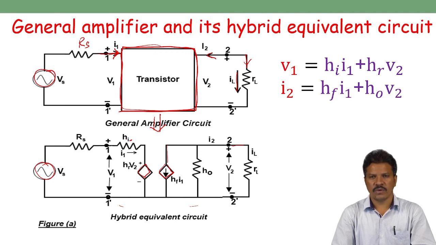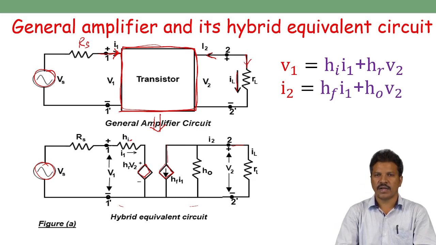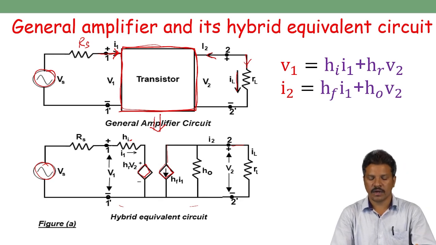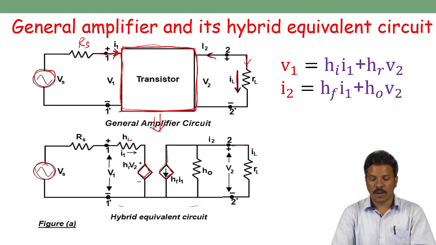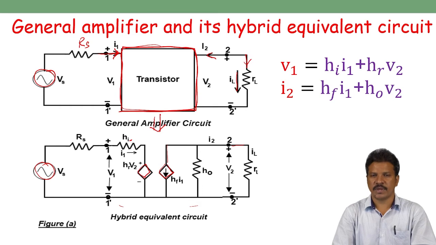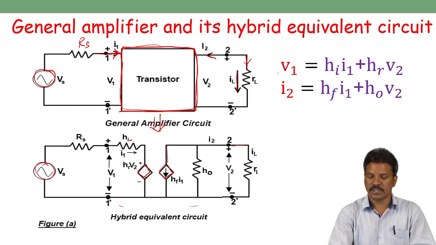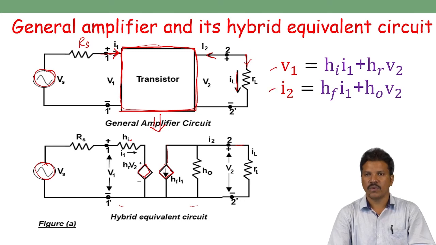Then when we connect a particular configuration, common emitter, common base or common collector, that particular common terminal is connected to ground, and the remaining two terminals are connected to input and output terminals respectively. So when we apply this kind of generalized transistor amplifier, what will be the H parameter equations, the equivalent H parameter model equations? The H parameter equations are V1 and I2, which is equal to